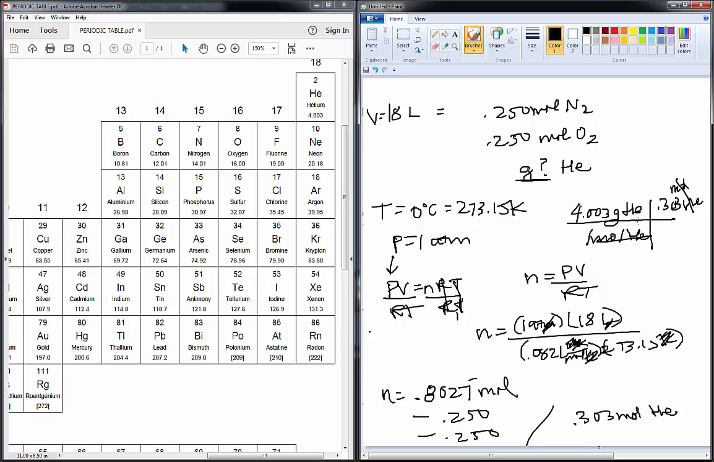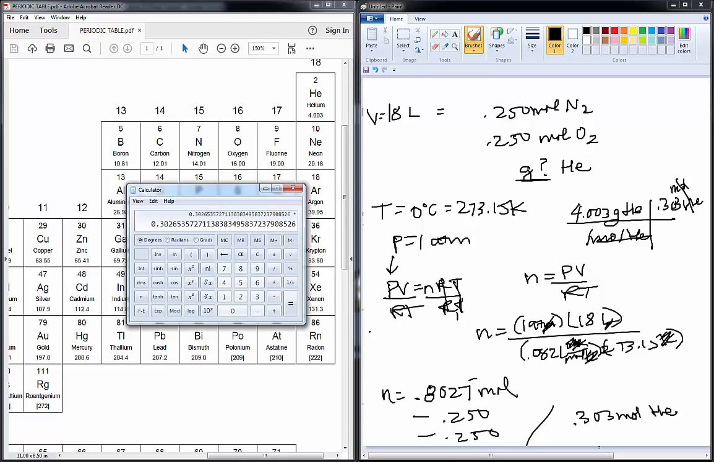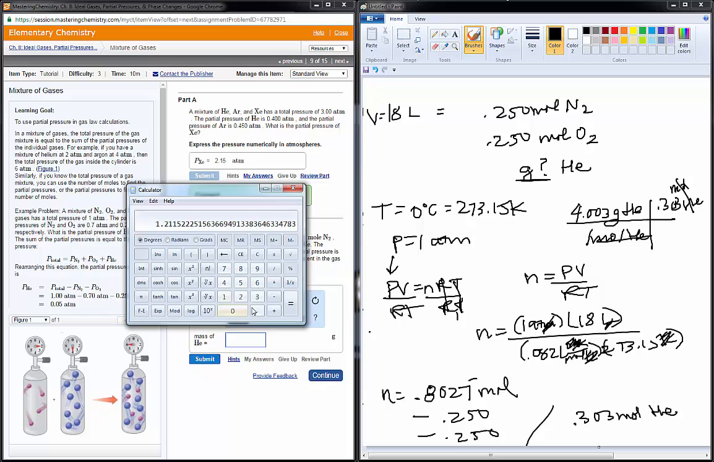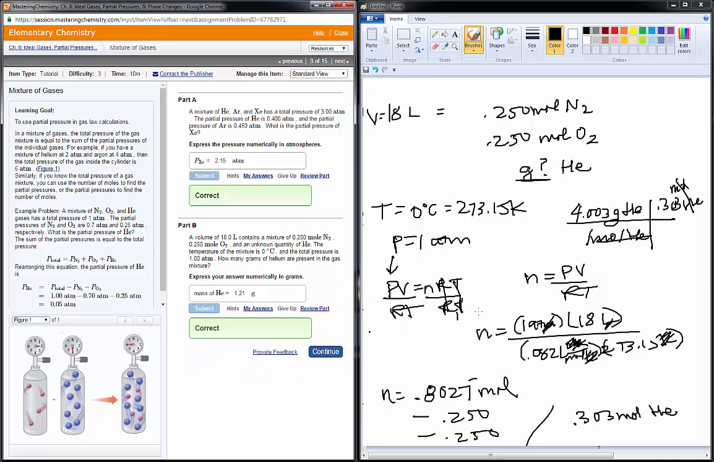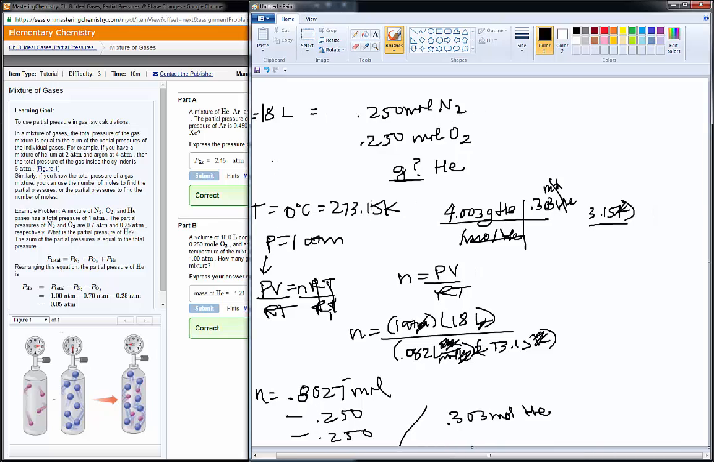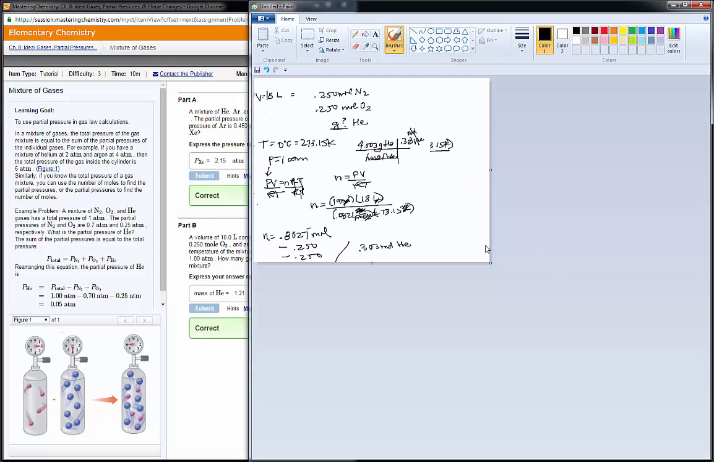Just set that up dimensional analysis style and calculate that there must be 1.21 grams of helium present. Now I actually made that a little bit harder than it needed to be, because I could have remembered